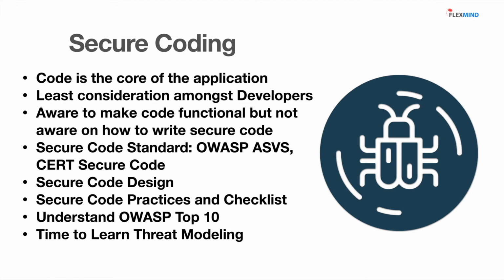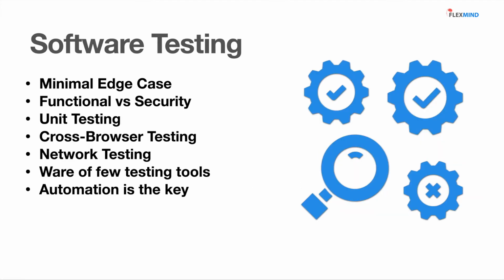So let's go to the second technical skill, that is software testing. Don't leave all of the testing scenarios to your QA engineers. There are a few minimal things that you should also test before pushing your code to the testing environment. Like what are the minimal edge cases where you think your application might break or might not behave as expected. And also be aware of functional testing and security testing,